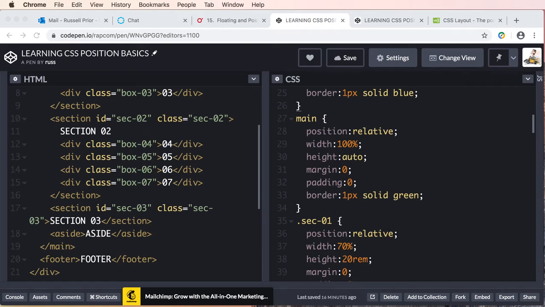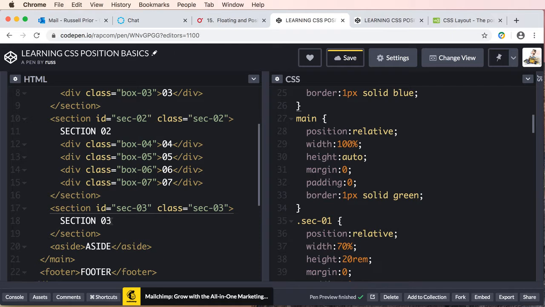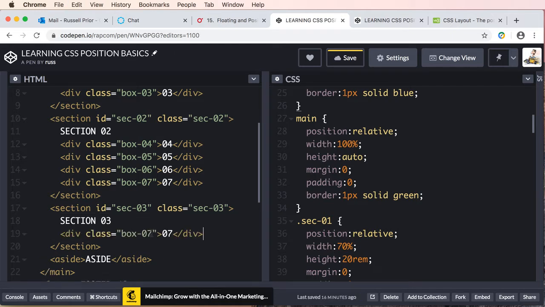Now, let's explore using the float property to create our layouts. So first I'm just going to select this div here and copy it, box 7. Then let's go to section 3 and change the formatting a little bit, and we will paste in our div. Let's change this to be box 8, and then we'll place an 8